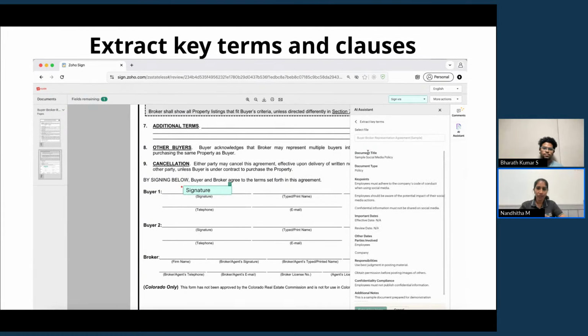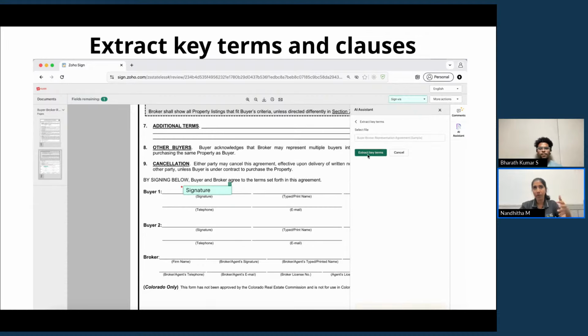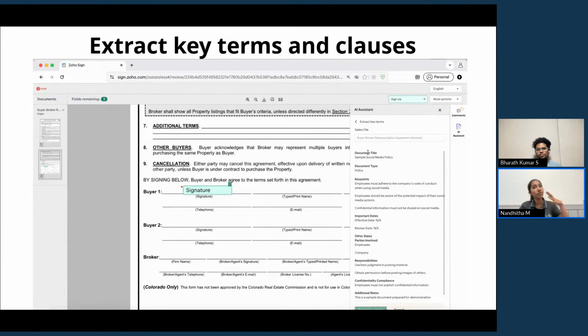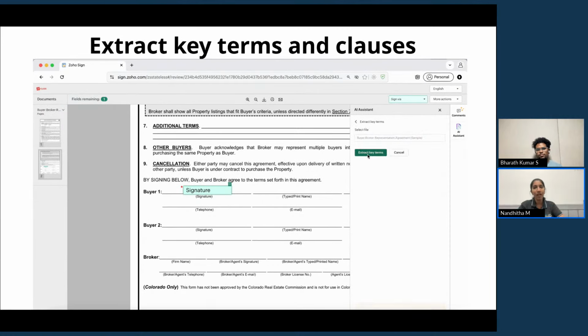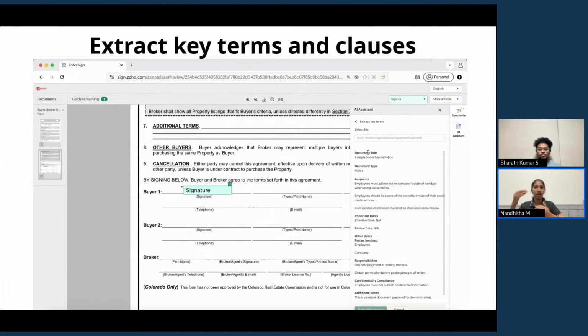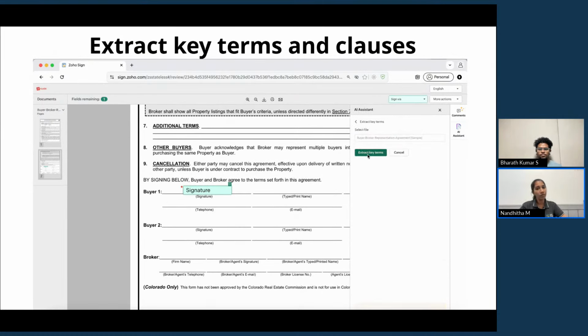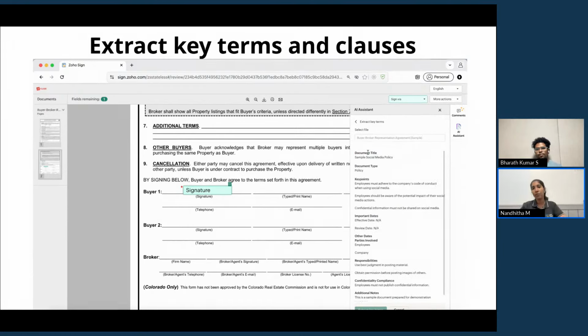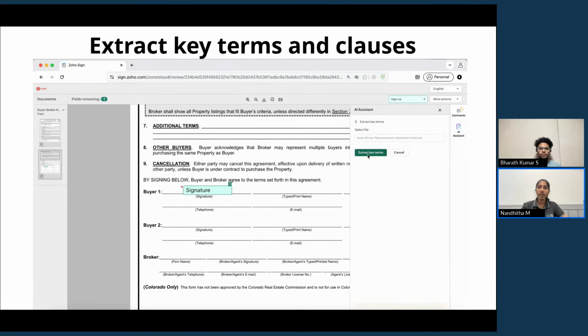So if you're somebody who's constantly on the go and you've read a document, but you know that somewhere down on the 5th or 6th page, there was something important, but you don't exactly remember what it was, but you know it is so important for you to go back and check that before you sign a document, then what do you do? In those times, key terms and clause extraction can be really helpful, because rather than having the entire summary, and if it's lengthy and you don't want to go through that, it's simple for you to just see the important terms and clauses and know that, okay, these are the things that I'm agreeing to, and proceed with the document.